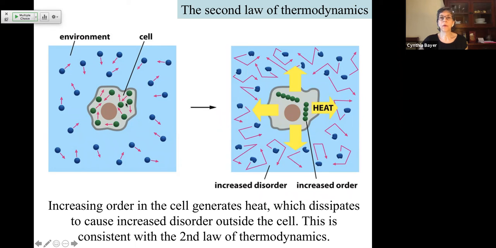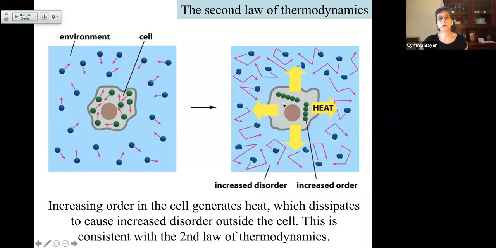But cells don't always break down macromolecules. Cells have to create order within them, within that living unit. And so while a cell has a number of very small pieces of matter, the cell has to acquire energy in order to be able to build macromolecules within the cell. And even while the cell is creating order inside by creating structures and macromolecules, that process of building molecules is going to generate heat. In that process, some of the free energy is